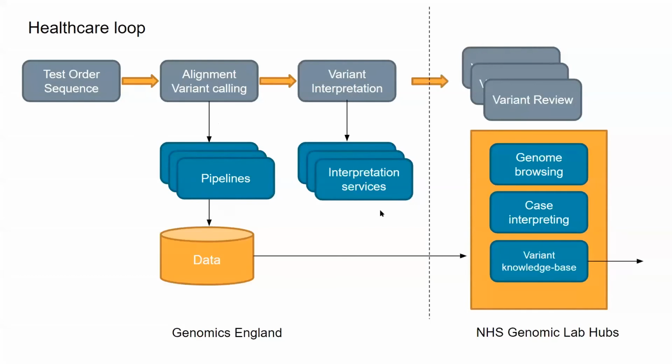And we do so by applying a number of what we call interpretation services. For example, this pharmacogenetic analysis that Mark was just speaking about is one of those additional findings, but there are also ways of prioritizing and classifying variants in rare diseases and cancer. And finally, we make that data available for the labs on the right-hand side. We call them genomic laboratory hubs in the new genomic medicine services in England. And those labs have access to those data, and they do various things.